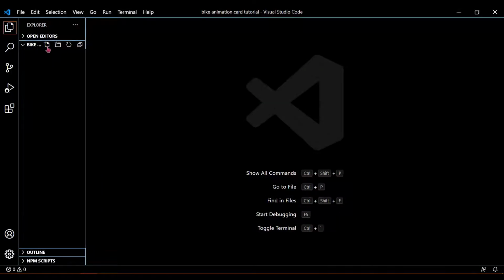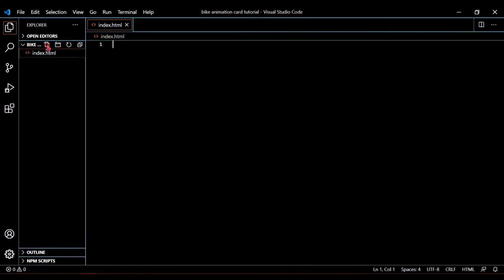So here I have opened my folder, and in this I am going to make my index.html file, and now I am going to create the style.css file. And after this we are going to use JavaScript, so I am making an app.js file.